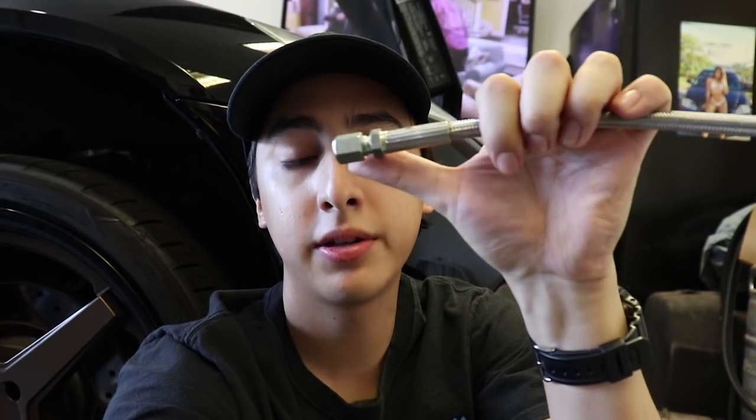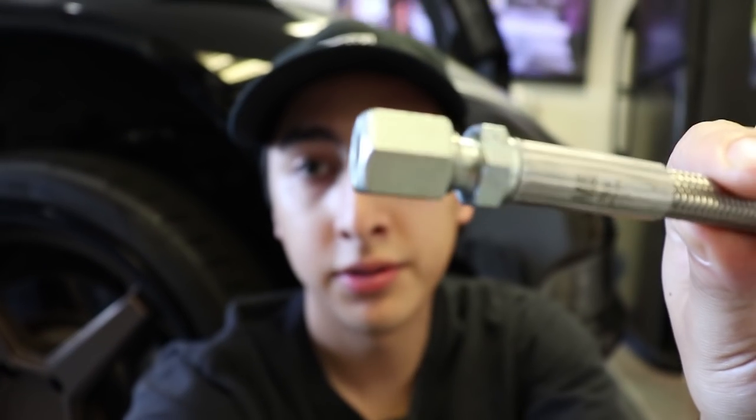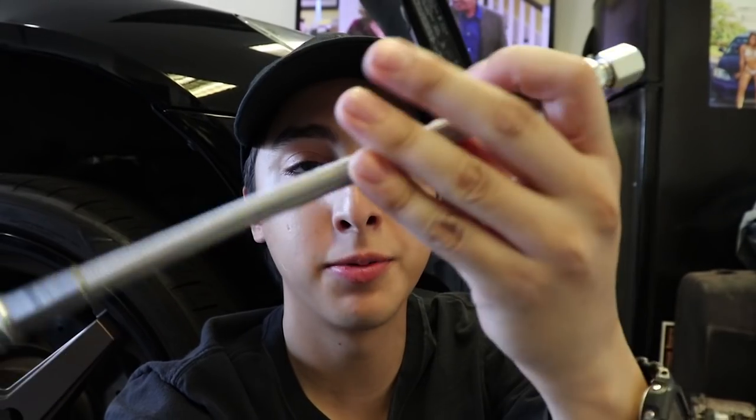I'll show you where the line is, and this is a compression style fitting, so I'm going to try to use this compression style fitting. Both ends are the same. I'm going to try to adapt this so I don't have to pull the slave cylinder, because that's a lot of work. So I'll show you exactly where mine failed, because if you're watching this video, yours probably failed in the same spot. And I'll show you my workaround,